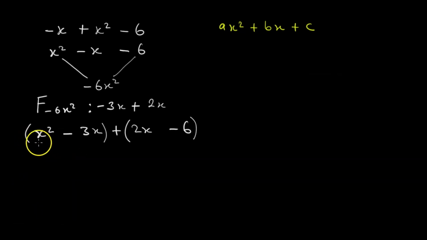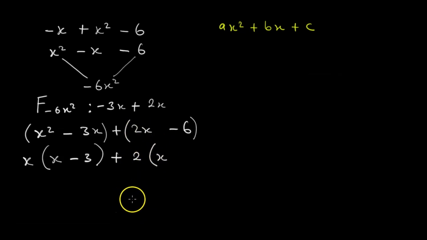We factor out this first bracket. What are we going to factor out? We factor out x. When we factor out x, it becomes what? It is x times x, which gives us x squared, and it is x times minus 3, which gives us minus 3x. Plus, we do the same for the second bracket. We are going to factorize it separately. What are we going to factor out? We factor out 2. It is 2 times x, which gives us 2x, and it is 2 times minus 3 again, which gives us